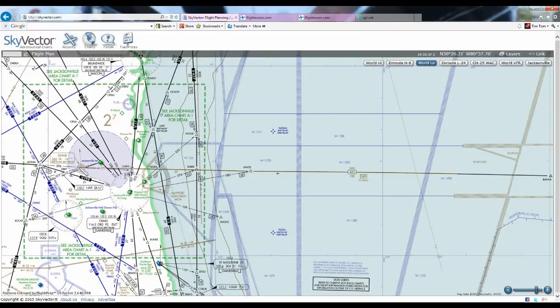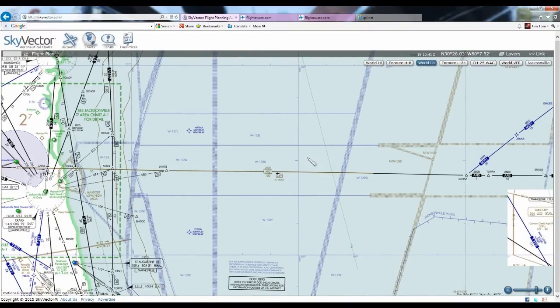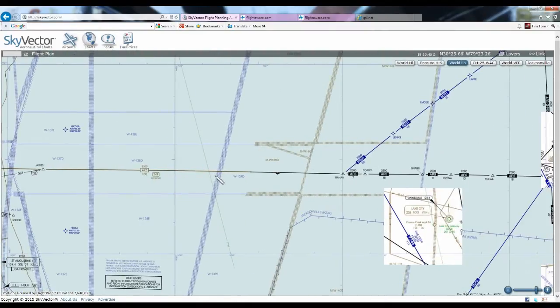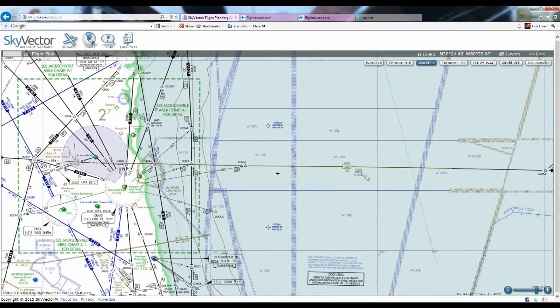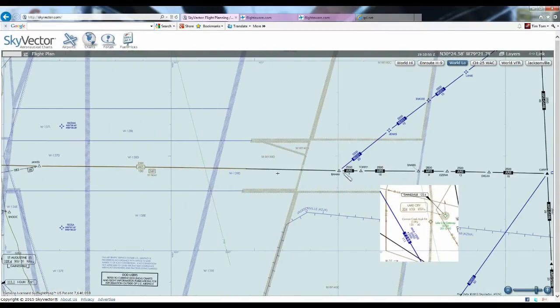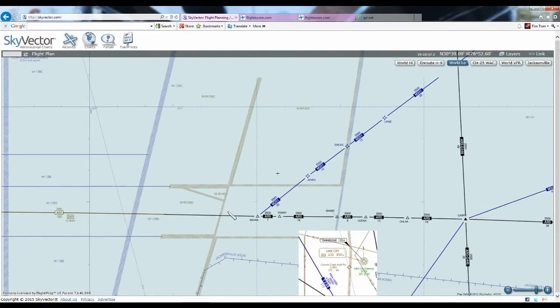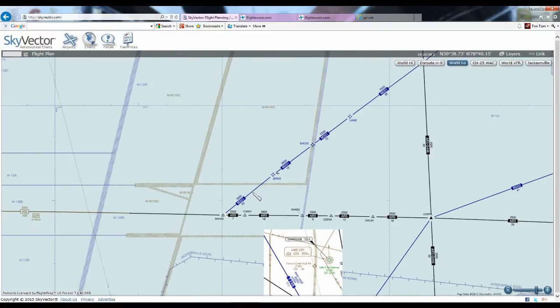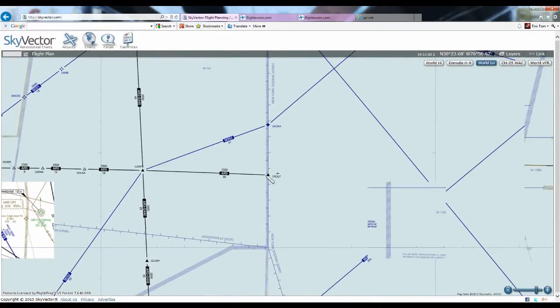From the Dennis NDB to Jaws is the AR5 oceanic route. It goes to Trout, which is somewhere. Not sure where. But right here, you can see from this point on, it starts drawing it as a standard airway, RNAV Airways. And we could go all the way, yeah, it goes all the way to Trout,